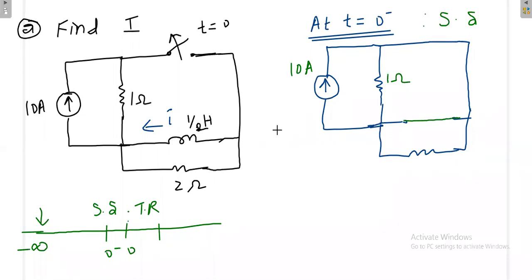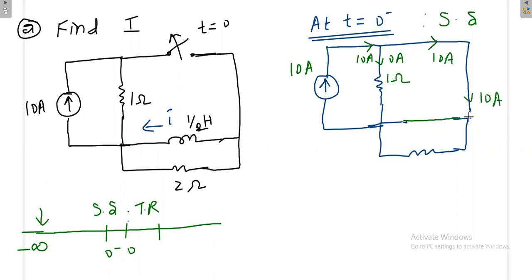Now you tell me, you are having a 10 ampere current. That 10 ampere current will go here. The moment you reach here, with the 10 ampere, here resistance is there, here no resistance, then definitely the 10 ampere will go here only. Or if you have doubt, you apply the current division rule. Now the 10 ampere will come here. Then what is the current across this one? 0 ampere. The same 10 ampere will come here.